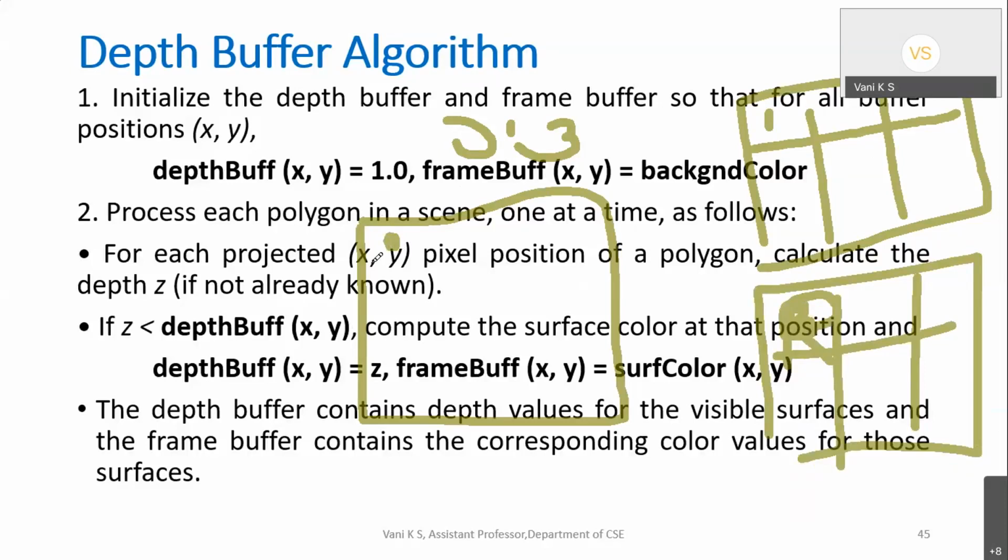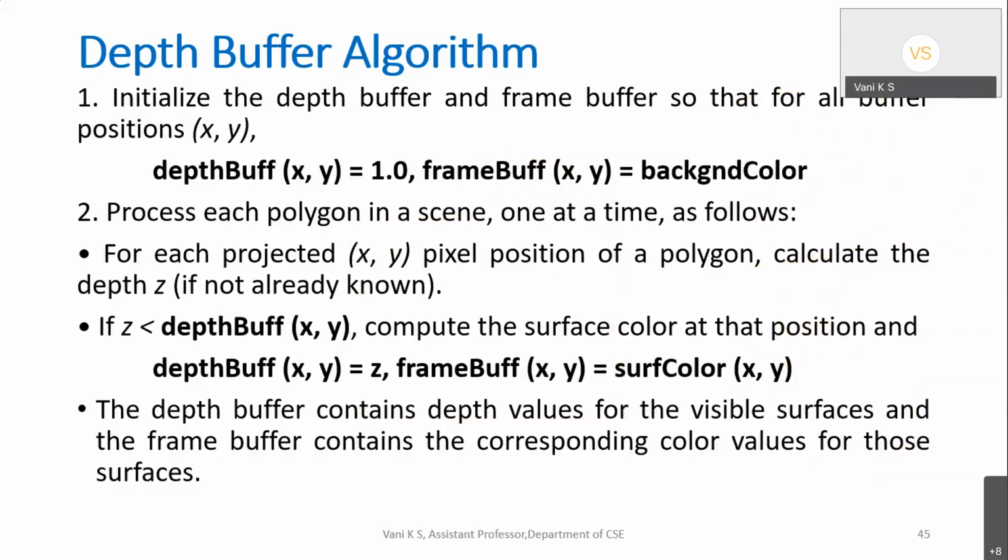Take the first pixel, check what the depth information is. These are all of the same size. Whatever 3 tables I have written, they are all of the same size. That is, if this is 10 cross 10, this also should be 10 cross 10 and 10 cross 10. So you check the depth information here. If it is less than the value here, replace this value. And whatever the color of this pixel is, if it is red, then change it here. Like this, it continues for all the pixels, all the faces of the polygon.